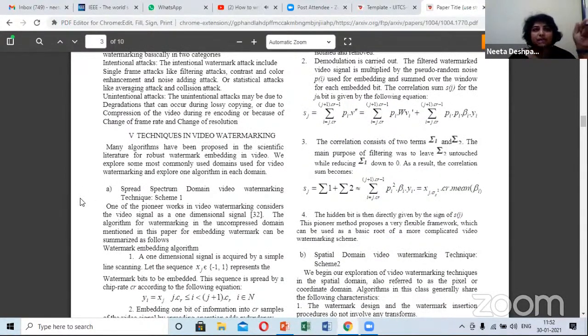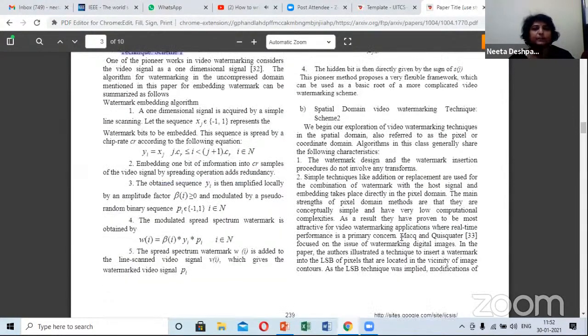So the first technique was spread spectrum technique. So this is my first paper. I gave it in reference number 32. तो ये पेपर में क्या दिया हुआ है वो पूरा समझ के, now I'm not explaining all the mathematical terminologies and all here, but whatever was given in that paper, I elaborated it in my own words. I understood the paper. I even gave the reference of the paper, and I wrote about that paper as the first technique.